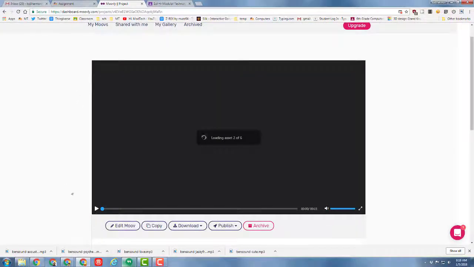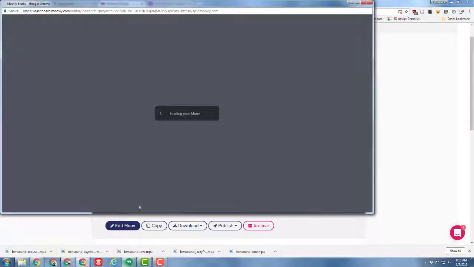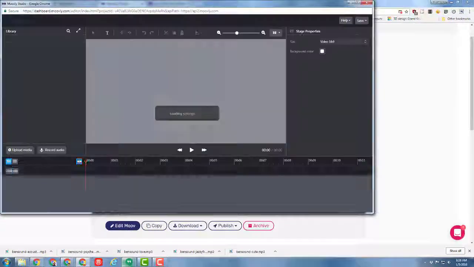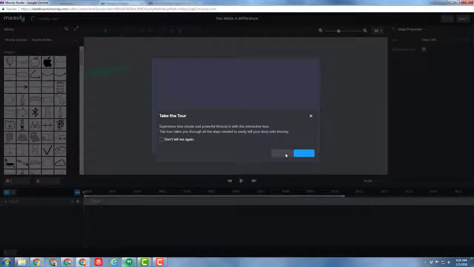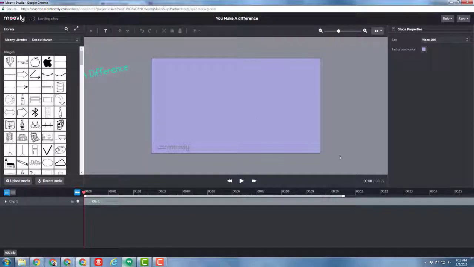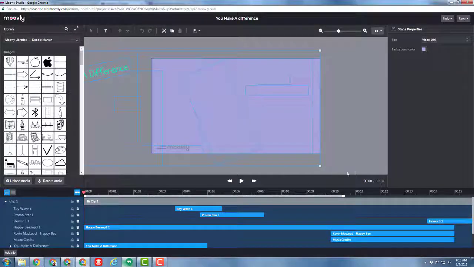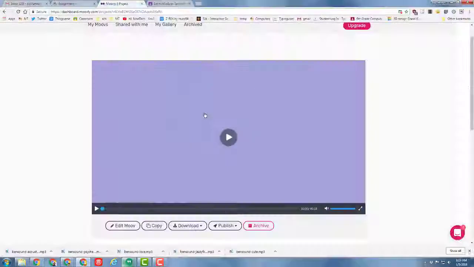So check this out. You can go back in and you can edit your Moovly, which I have already done, but I'll show you how. So I simply went to the music area. I don't need to do the tour. But in the music area, I need to open up so I can see all my pieces. Out here on the text, instead of it being Ben Sound, who is cool, it was Kevin MacLeod that created Happy Beat. And then the trick was, once I saved it, I had to go back to the Moovlies,